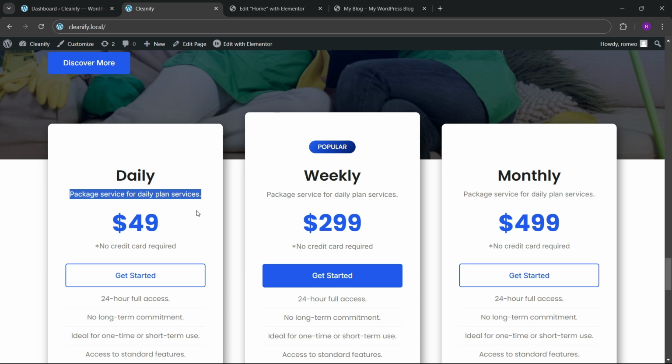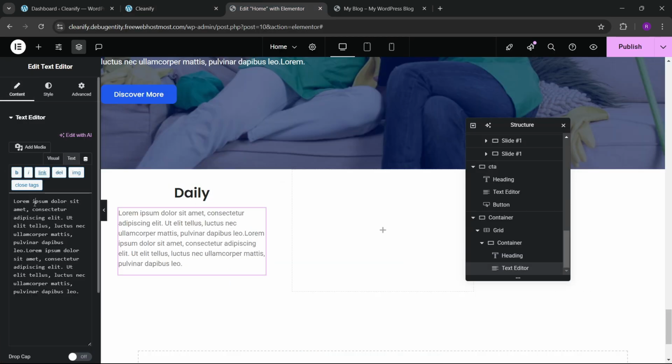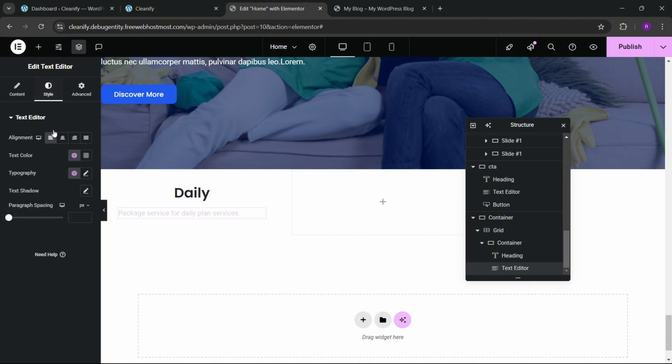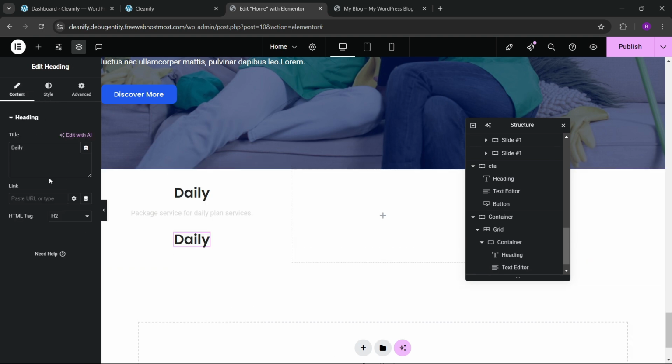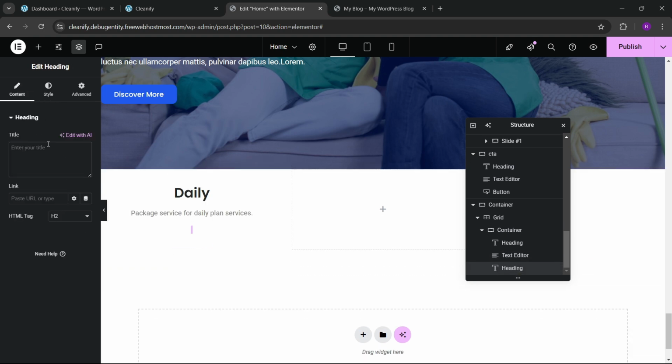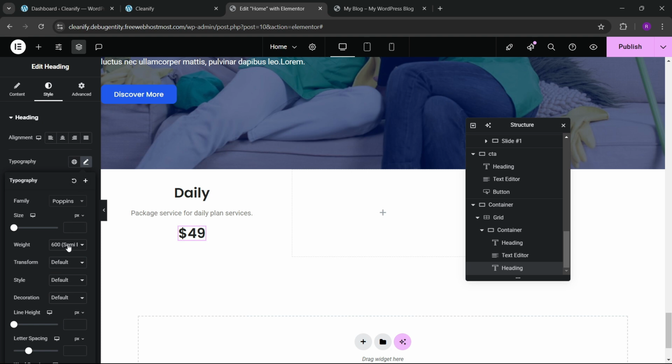content. Let me copy this, and we can go here and we can choose this and paste this. We can make everything in the center. Okay, now let me copy this and we can paste it below, and we can write it here $49. Okay, and here we can increase this,